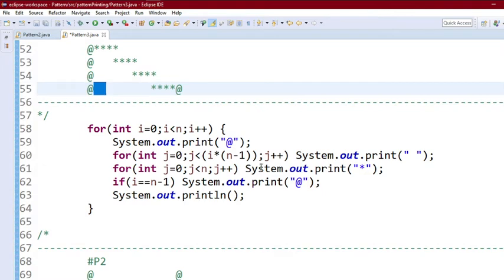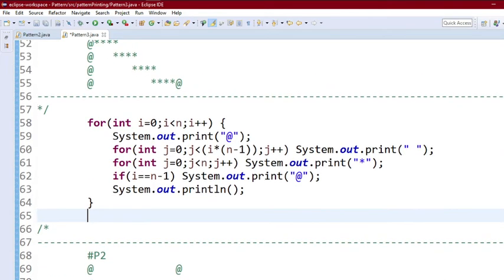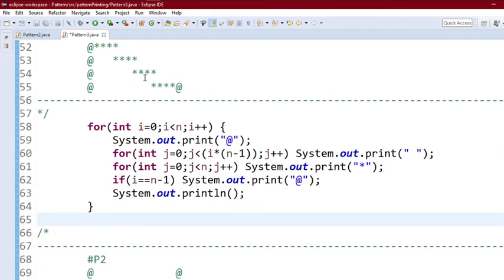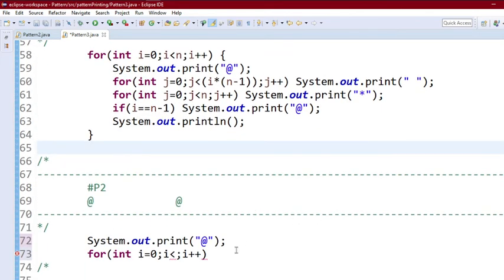So we can use this for the last line. The value of i will be n minus 1, so we can say that n minus 1 into n minus 1 plus n. I should be less than n minus 1 into n minus 1 plus n.